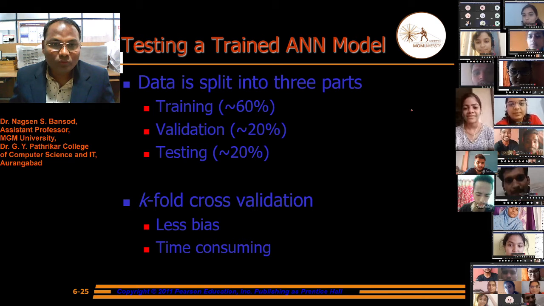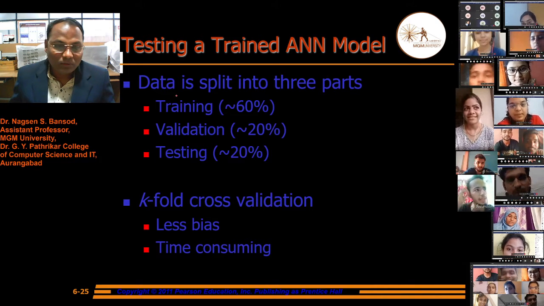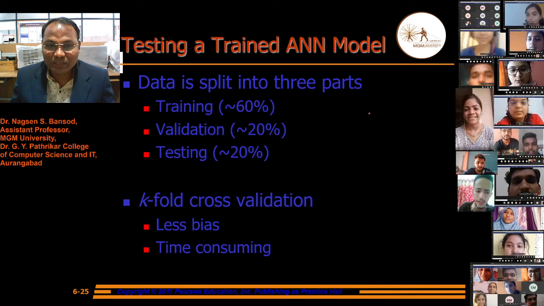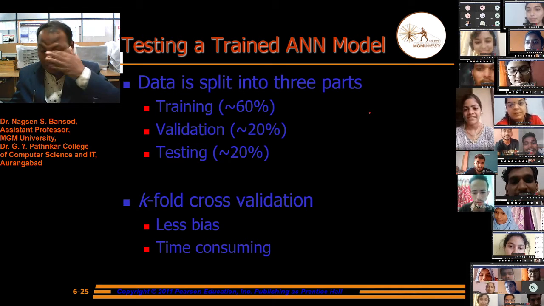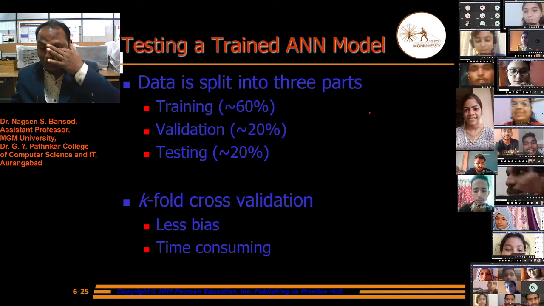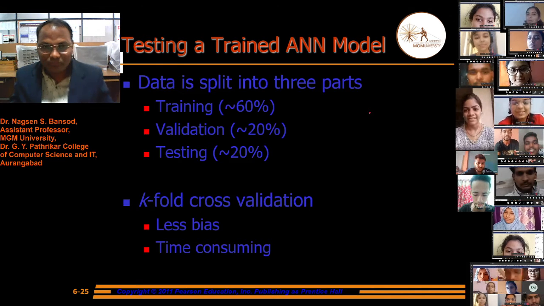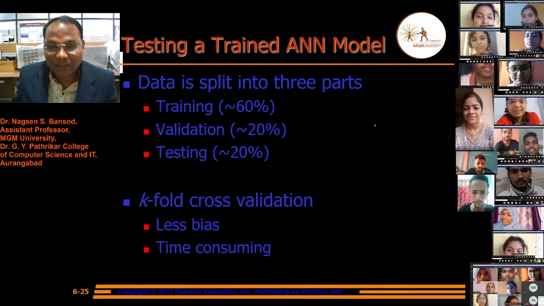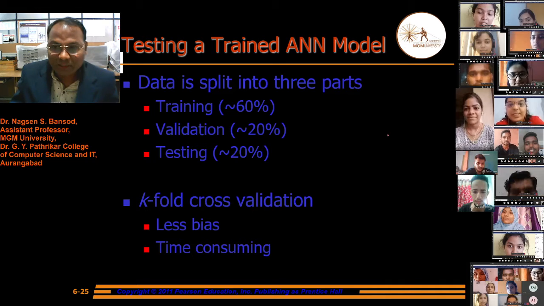So we require testing and training of the artificial neural network model. Therefore the data is split into three parts: training data, validation data, and testing data. Suppose we have hundreds of records, then for training we keep 60% of data, for validation we take 20% of data, and for testing we keep 20% of data.